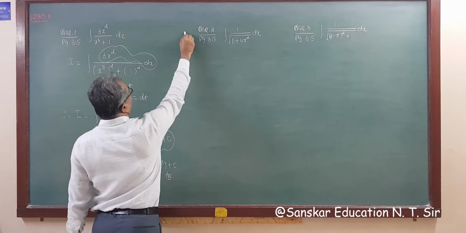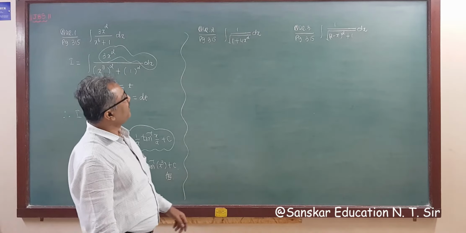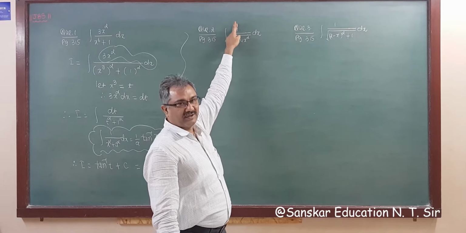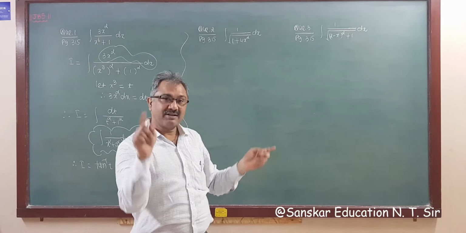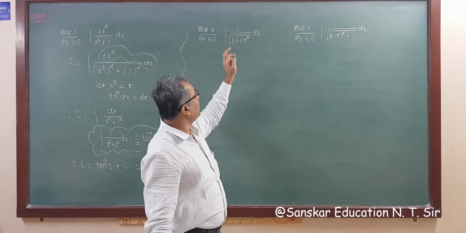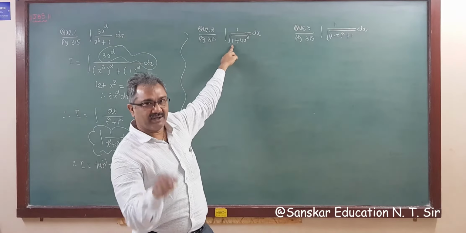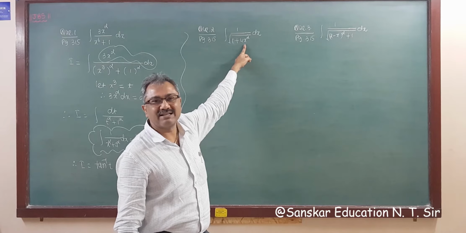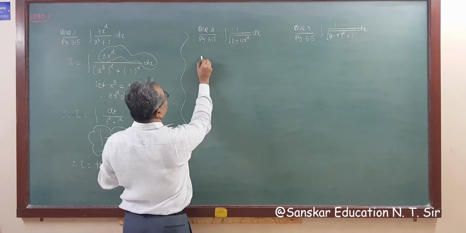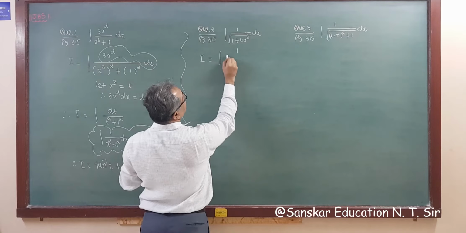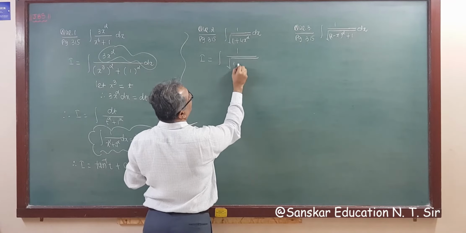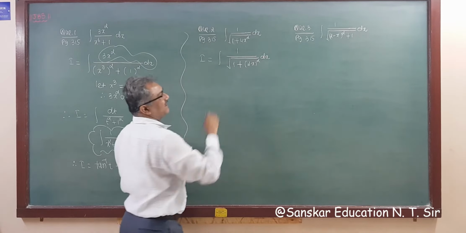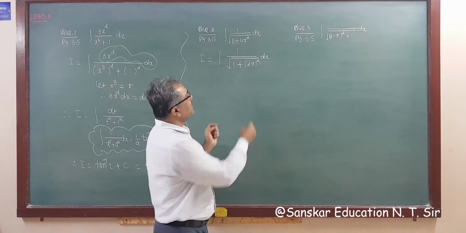Now second question. So second question is 1 upon under root 1 plus 4x square. Now here is 1. So we have to apply standard formula, but standard formula with root. So what we want, this is 1, means 1 square. Now x square, instead of x it is given 4x square, that is twice x whole square. So I am writing this as I is equal to integration 1 upon square root of 1 plus twice x whole square dx. So now this is new.